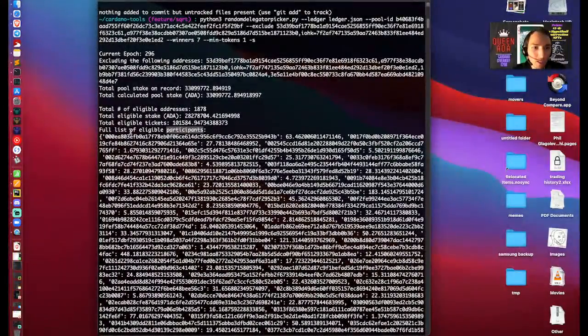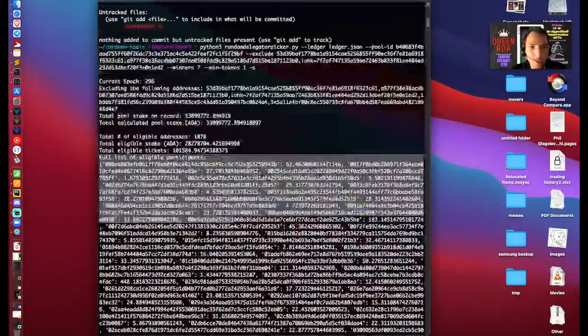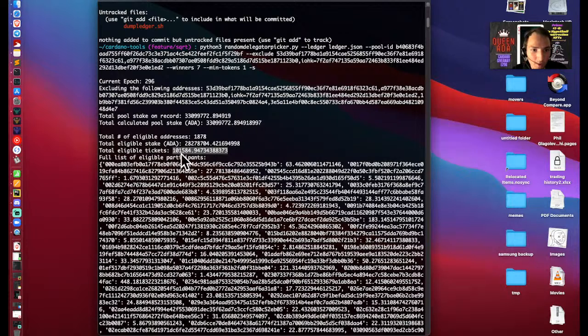Here I'm just printing each address and how much ADA they have or the tickets, I can't remember, because the tickets is equal to the square root of the ADA that they have. So here it prints the full list of these addresses. The total eligible tickets is 100,000 tickets, but the total eligible stake is 28 million.